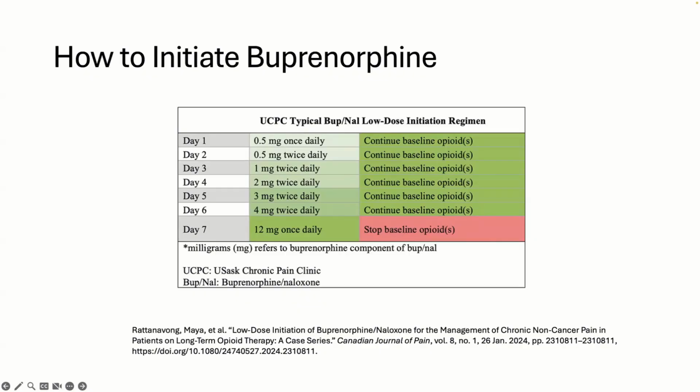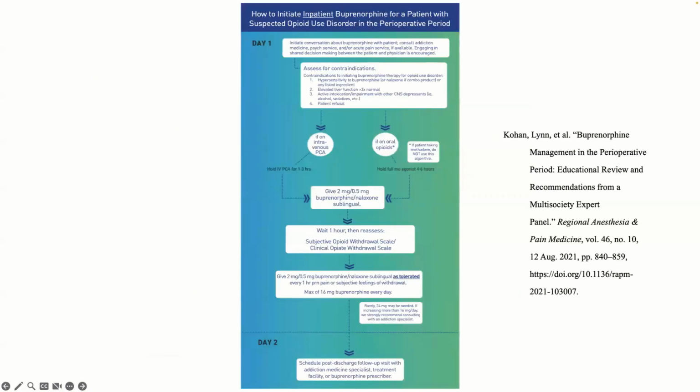So what's shown here, there are multiple approaches to initiating buprenorphine. The one shown on the screen right now is a low dose or microinduction strategy, and this allows buprenorphine to be started without requiring the patient to be in full opioid withdrawal. So small doses, as you can see, are introduced gradually while continuing baseline opioids, which minimizes the risk of precipitated withdrawal, as we spoke about earlier. This one can take several days, and so it may not be the most ideal to initiate in the hospital setting. However,